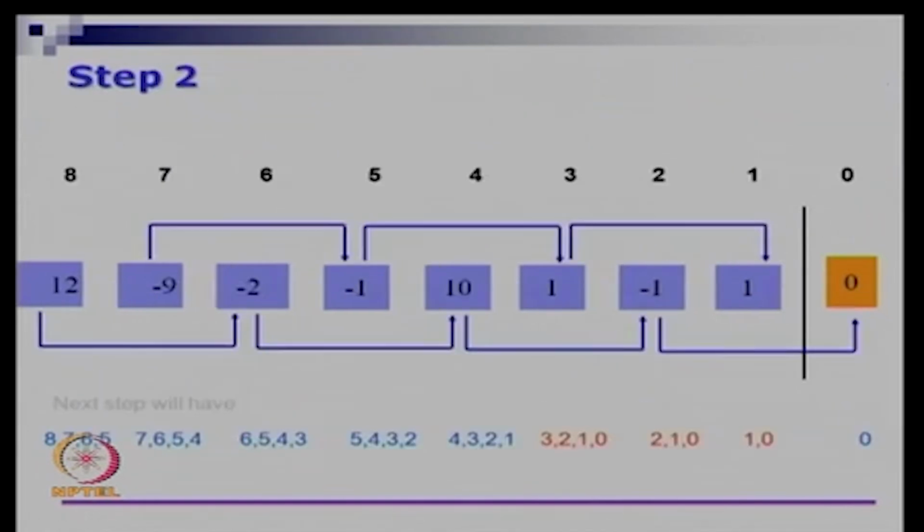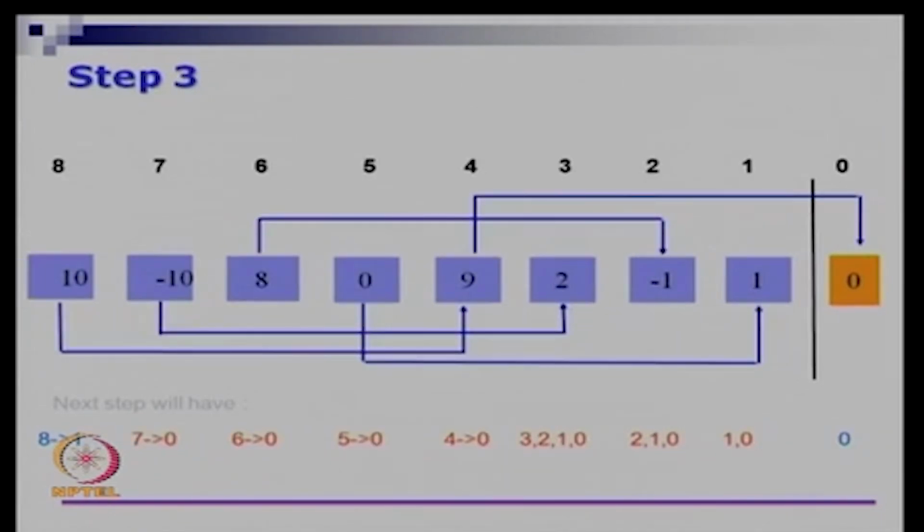In the second round, you will need n by 2 adders. In the third round, you will need n by 4 adders, and so on. In the worst case, in a single step, you need n adders. So we dedicated more hardware. Instead of having only one adder which takes 2 elements at a time, adds them, puts the result back, and then takes 2 elements at a time, puts it back, and so on,